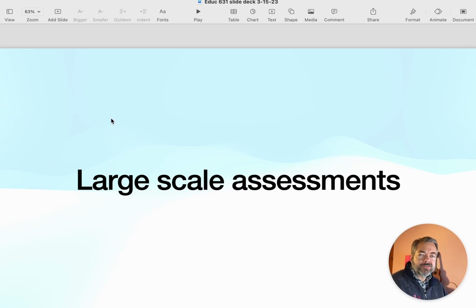So let's talk about large-scale assessments a bit. And again, it's important that you don't have to take notes, because you'll have these slides, and I'll put the slides on Canvas, and of course you have the recording itself. But large-scale assessments